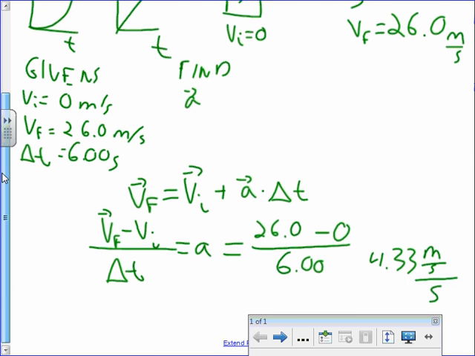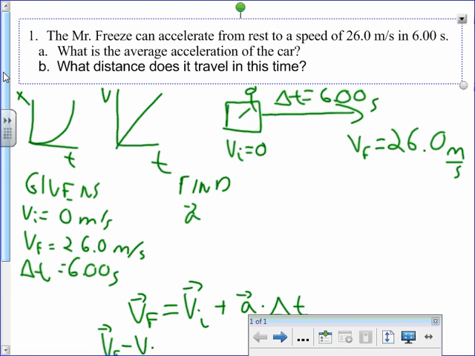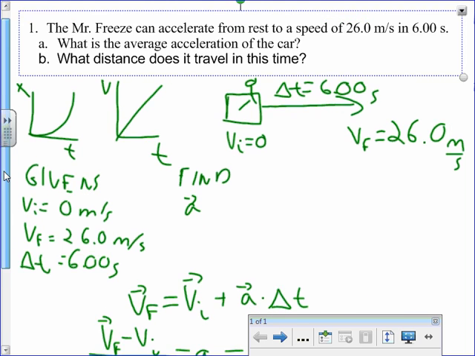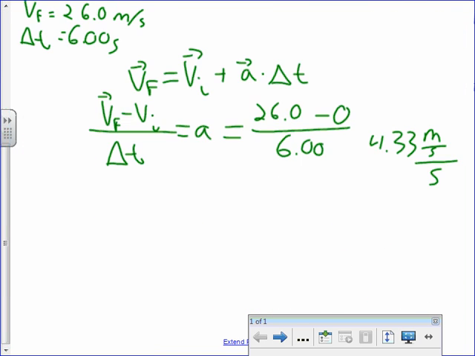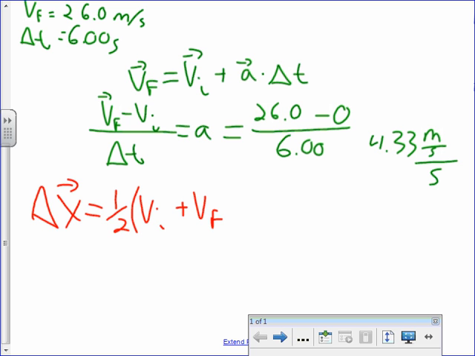Part 2 of the question, if you go back here, is what distance does it travel in this time? This one I can do multiple ways as well. But the easiest one is probably for us to just use the equation that delta x is equal to 1/2 (VI plus VF), close parentheses,